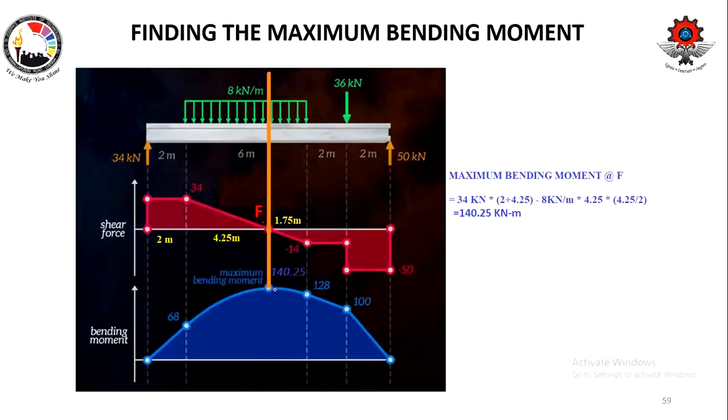I will come back again with another video with a different kind of problem, mostly with a cantilever beam or an overhanging beam. We have already seen two problems related to the simply supported beam, with a different loading condition also. Here we have seen a UDL. I will come with a UVL, uniformly varying load. So in the next video we will come with a different kind of loading and different kind of support also.